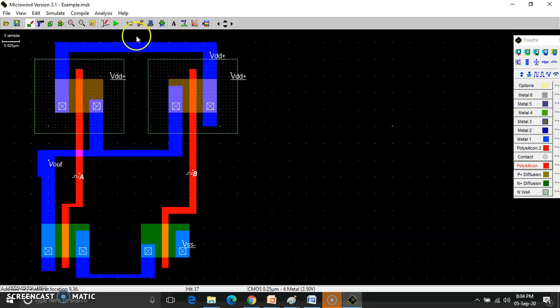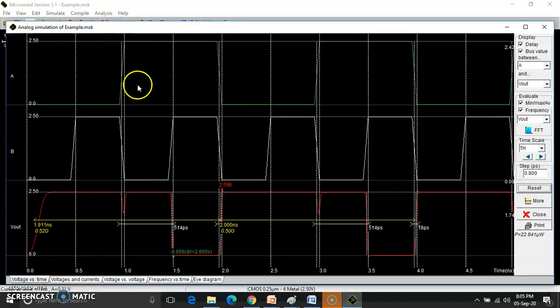After this is done, now I need to run the design. Everything has been done, so I need to observe the output. So in this way you are able to see the waveform which I have shown you previously. So only for 1 1 my output is 0. For the rest of the cases, 0 0, 0 1, 1 0, my output is 1. So in this way we have verified, and we have seen what the maximum operating frequency is, what the rise time and fall time are, and what the power dissipation is.